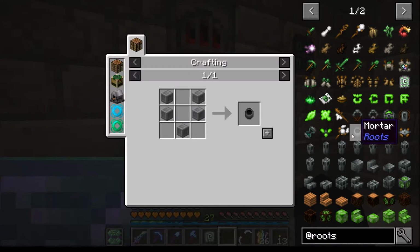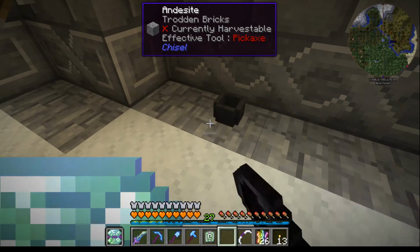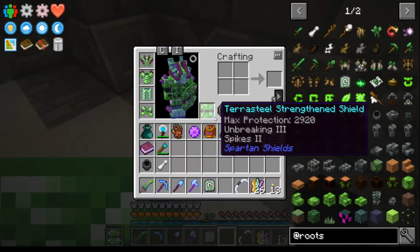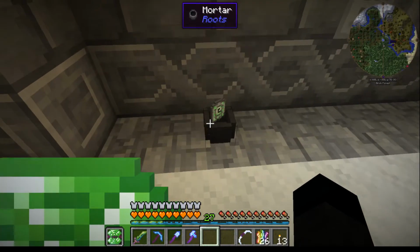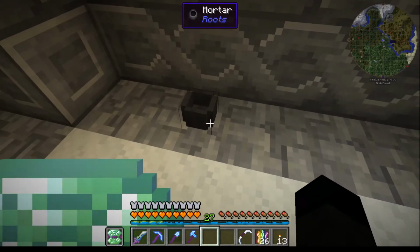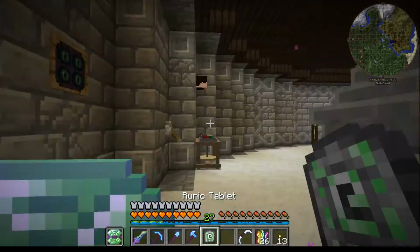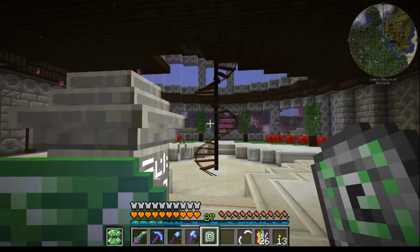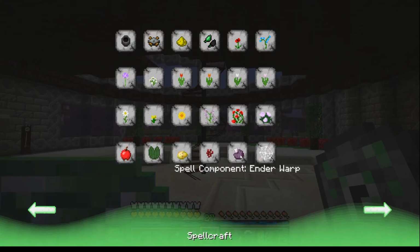Now the mortar, let me get another one of those. The mortar will place in the world, and you can put things in it. So, you know, decorative item number 1. More importantly, you can put things like plants in it, and we are going to want all the plants. Luckily, we have got all the plants because we get all sorts. Well, maybe not those,